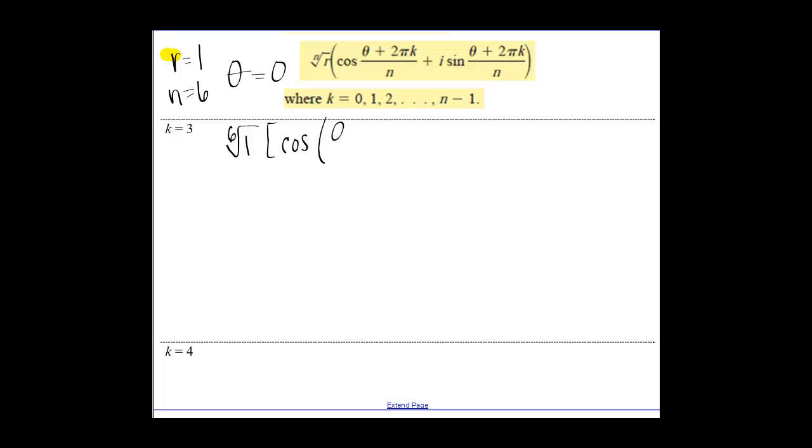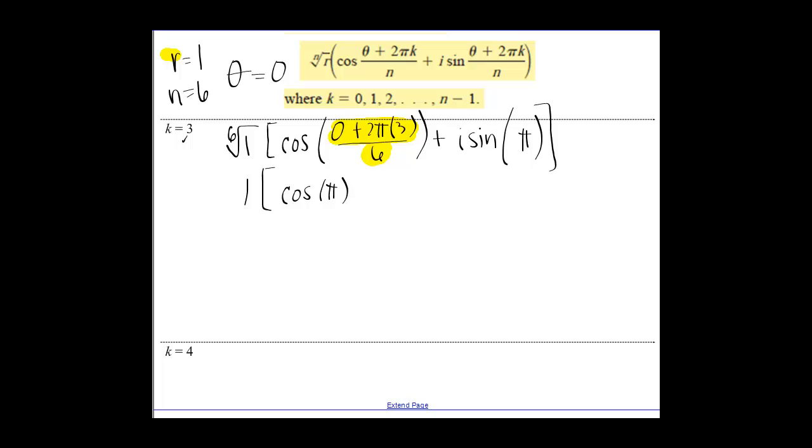Theta is still 0, plus 2 pi, K is now 3, all over 6, plus I sine of, let's see, my numerator looks like 6 pi. My denominator is 6. So I'm just going to write pi over here and save myself a little bit of work. So 1, open bracket, cosine of pi plus I